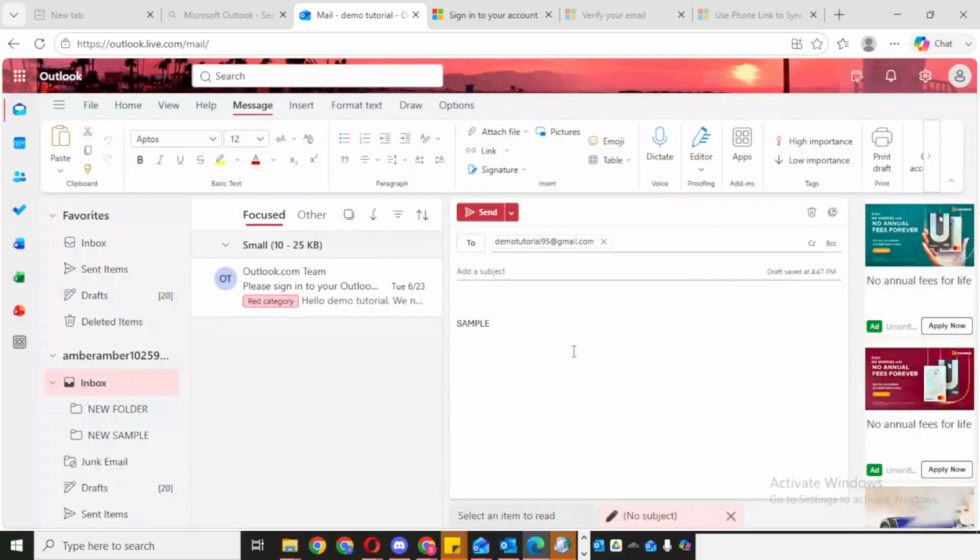Double-check that the full link is correct before continuing, especially if you copied it from another source. Once the link is in place, click OK to confirm. Now your highlighted text will become a clickable hyperlink. This means the long URL will stay hidden behind the text, making your email look cleaner and much more polished. It's a simple trick, but it makes a big difference in presentation.